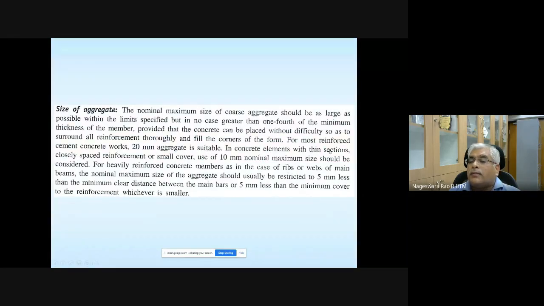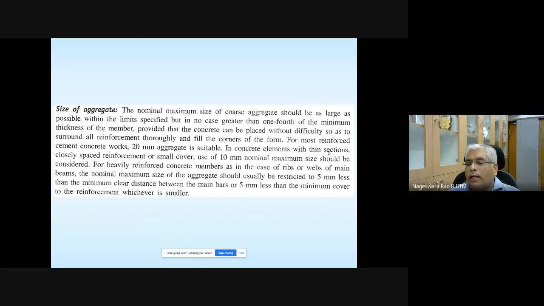In concrete elements with thin sections, closely spaced reinforcement and small cover. So if the section is very thin, or if the reinforcement is very close, or if the cover, meant for protecting the steel rebars we are going to provide, ensures a certain amount of concrete covering all the rebars.